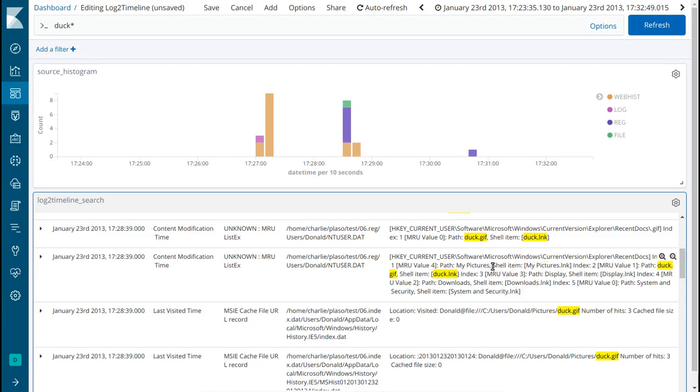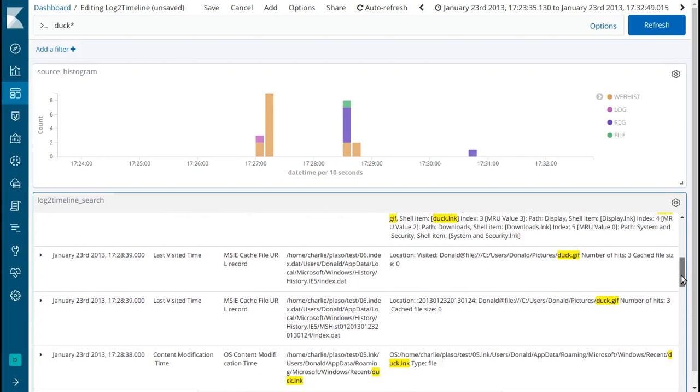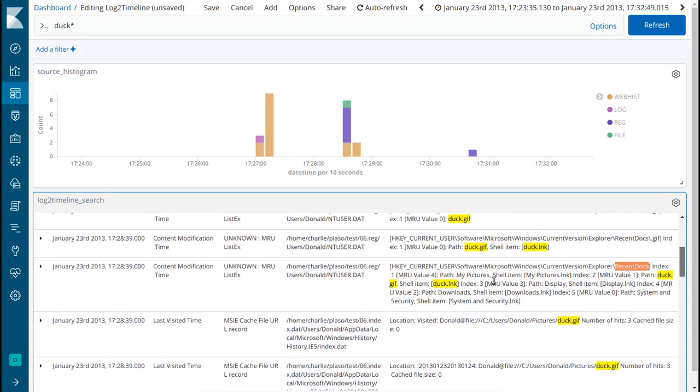So a shell item. Well, not actually. This looks like a folder link file. So it's in the registry. It's a key that's stored, and it stores information about the. Oh yeah. So it tells you what it's storing. The path is duck, but the shell item is duck.link. So it's recent docs. Explorer has a recent docs thing, so you can see which files were recently accessed by Explorer. So you can see a lot of items there, and all these individual artifacts point to the duck being